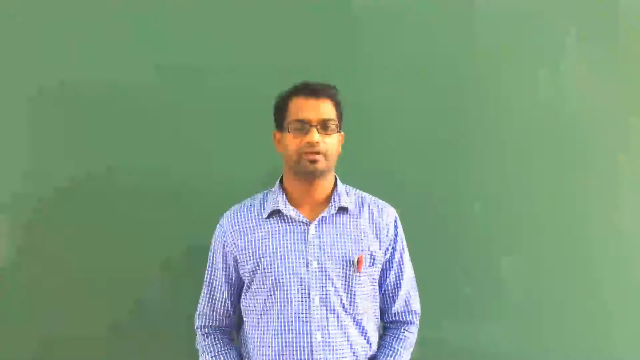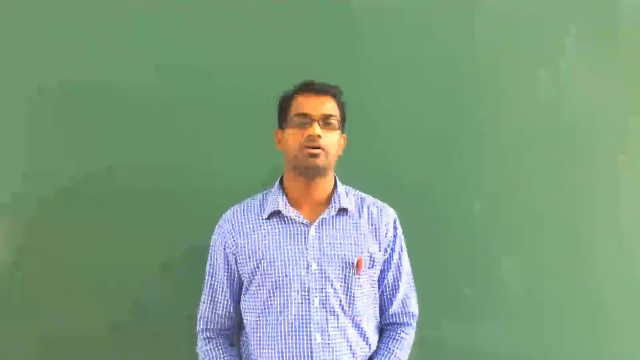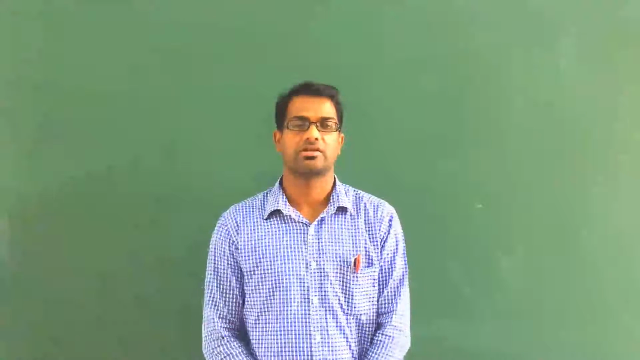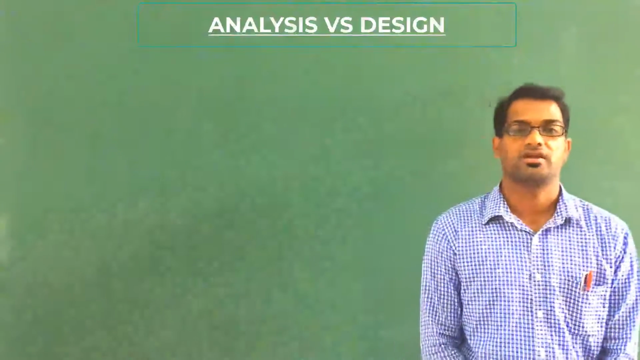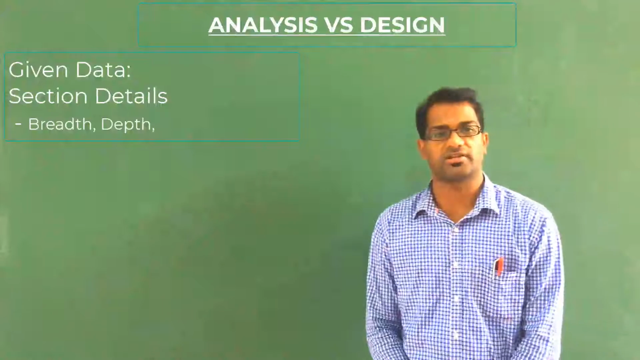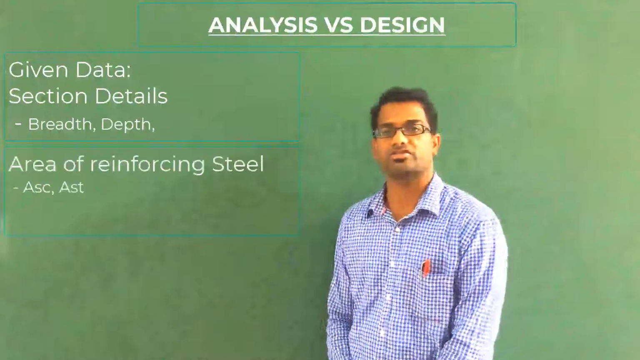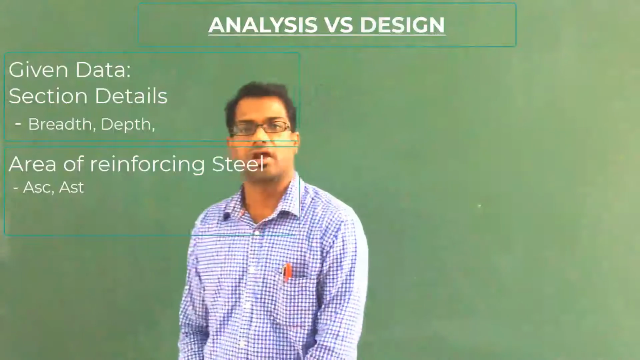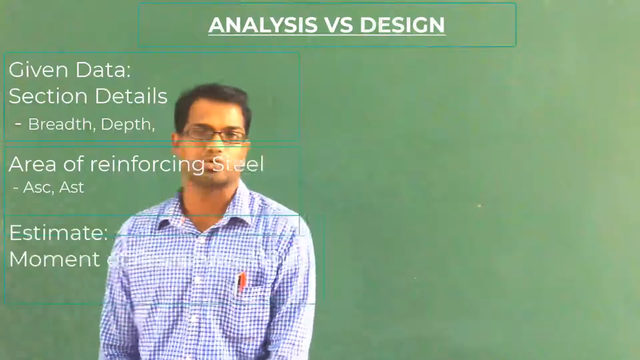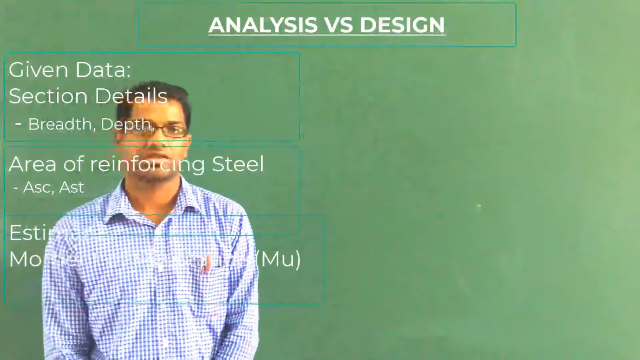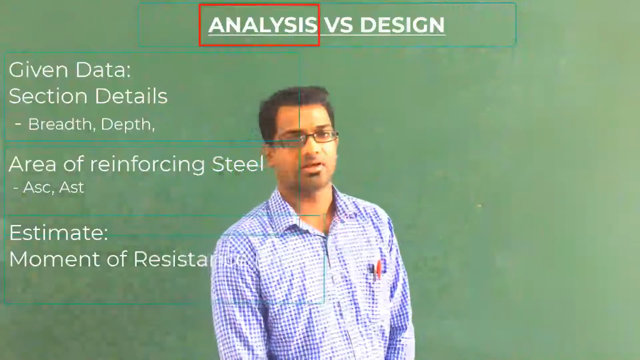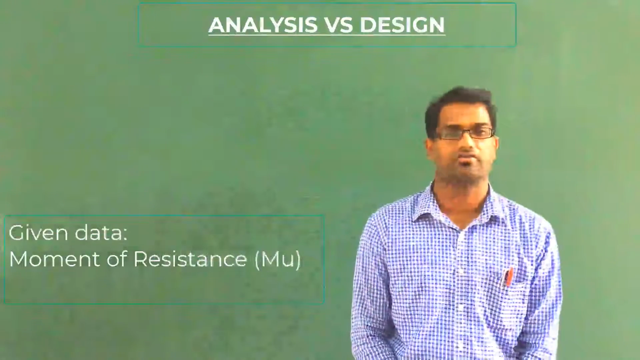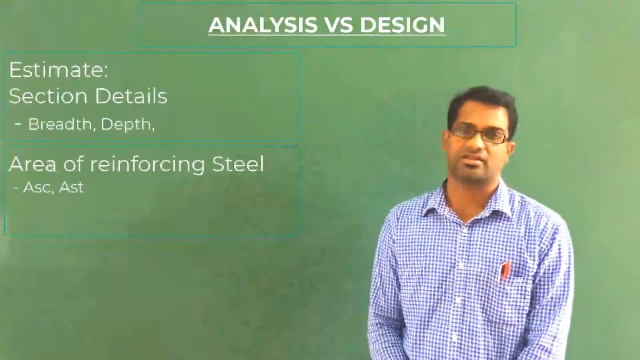Today we will discuss design of doubly reinforced sections. In the previous class we discussed analysis of doubly reinforced sections. If you are given the section details and the area of steel reinforcement provided, and you are asked to calculate the moment carrying capacity, these kinds of problems are called analysis problems. If moment is given to you and you are supposed to calculate sectional details, then those problems are called